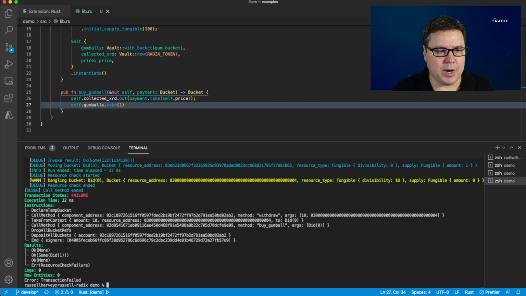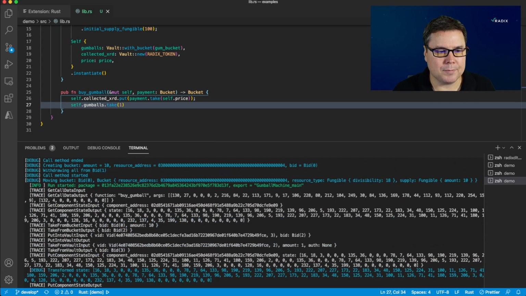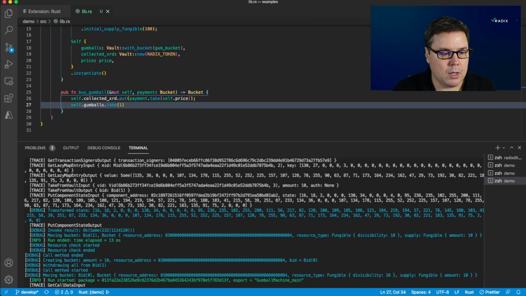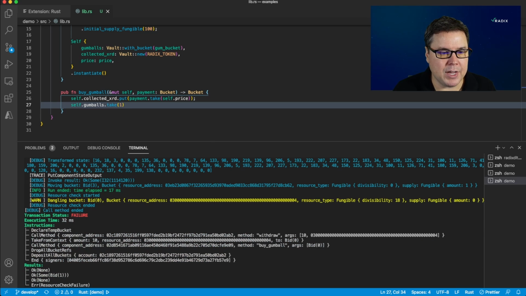try adding --trace, which actually I skipped past too quickly. In my call, if I want additional information on what went on, add this --trace, and this will print you some extra debug info. And you'll see that what's happened is we have this little warning here that we have a dangling bucket. In this case, this is the XRD address. Because what happened was, even though we didn't wind up with any XRD that would have vanished because we sent in 10 and 10 were taken and placed in,